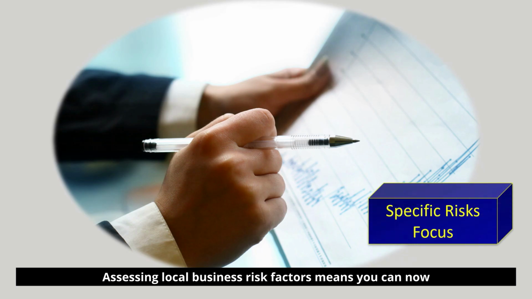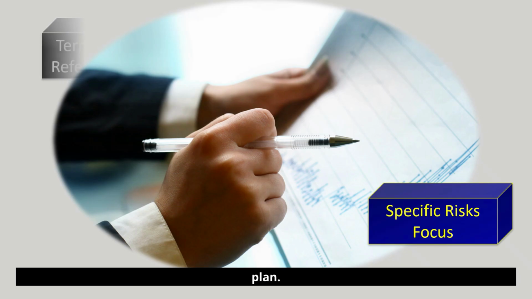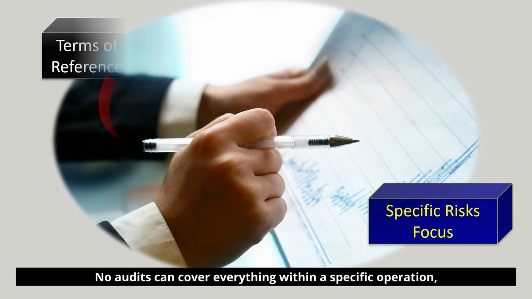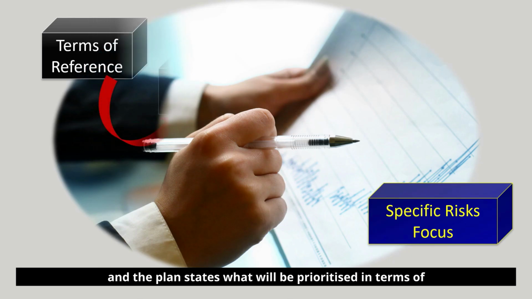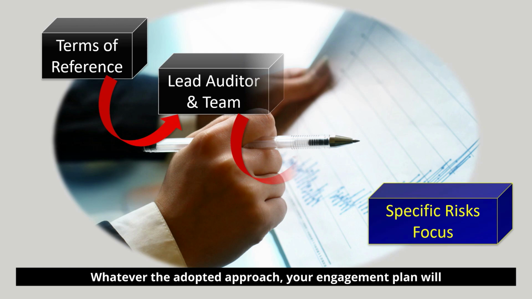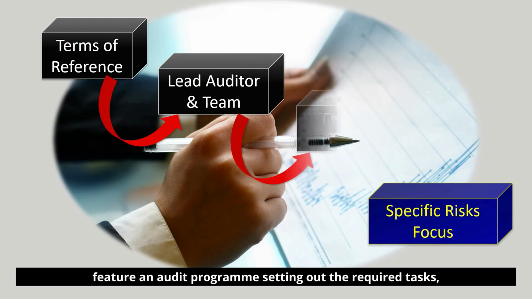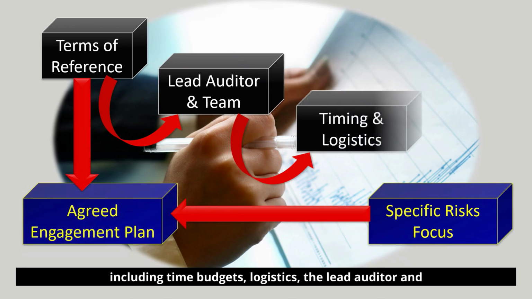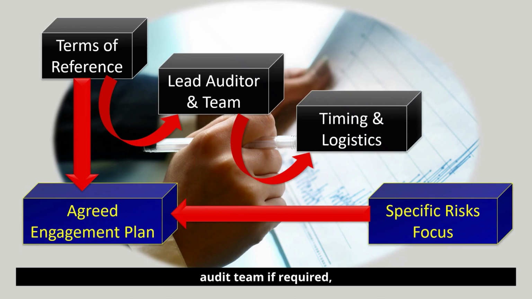Assessing local business risk factors means you can now clarify your audit objectives and formulate the engagement plan. No audits can cover everything within a specific operation, and the plan states what will be prioritised in terms of what will be done and what won't be covered. Whatever the adopted approach, your engagement plan will feature an audit programme setting out the required tasks, including time budgets, logistics, the lead auditor and audit team if required, and which analytical tools will be employed. Your terms of reference and scope should be discussed with the client before it's signed off